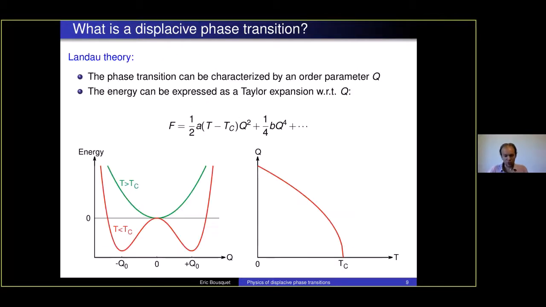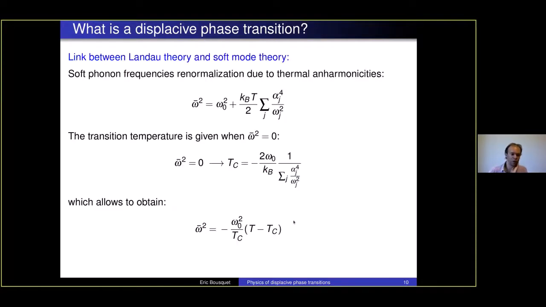Okay, so now we have seen this nice single well to double well expression. And we have also seen this soft mode phonon theory, and we want to link it with the Landau model theory. Here the Q order parameter can be the distortion of your crystal, but is mostly a macroscopic order parameter in the initialization of the Landau theory. But what we know experimentally is that we have this softening of a phonon frequency. And then you can go back to how the phonon frequencies evolve with temperature.